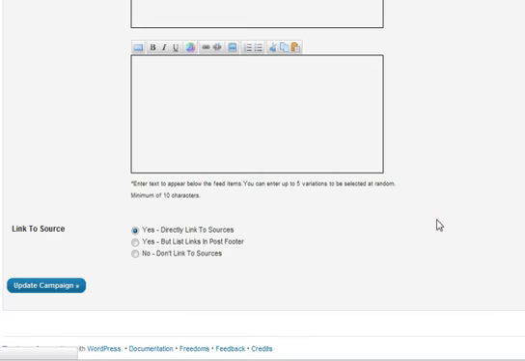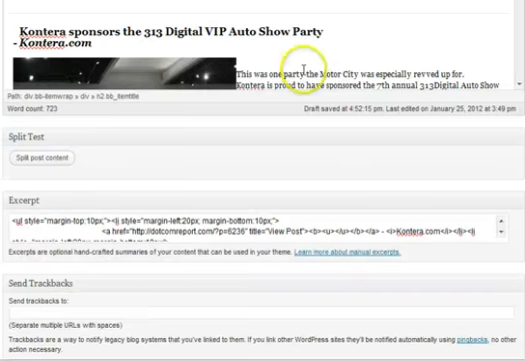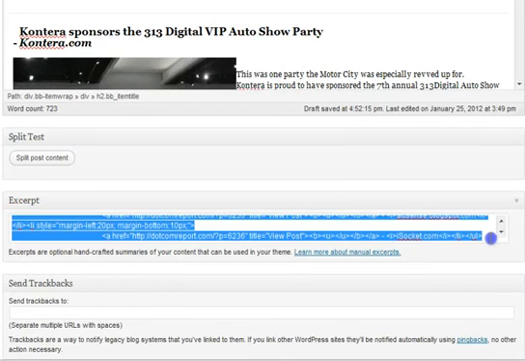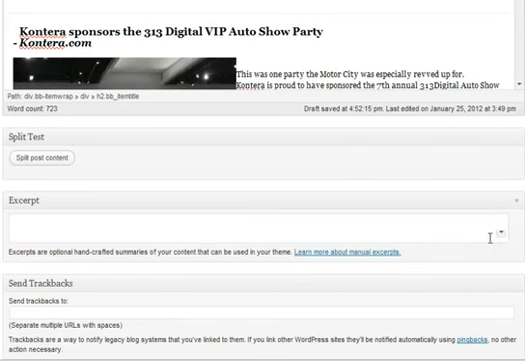Just like that, next time this campaign runs, this area would be blank. So I'm actually going to delete this. You can delete this if you want, but I'll just delete it all. Now, if I was to go ahead and publish this post, it would just use the default excerpt